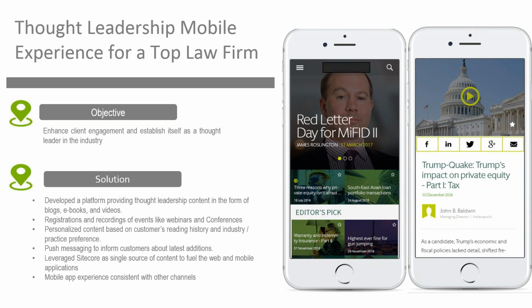And what we developed for them, from a solution standpoint, was a complete platform that provided its audience the thought leadership content in the form of blogs, ebooks, and videos, as well as the ability to register for various webinars and conferences, and personalization of the content based on the users' preferences. So the entire data is organized into industries and verticals as per the focus areas of this law firm,